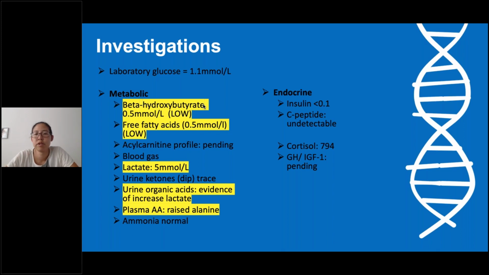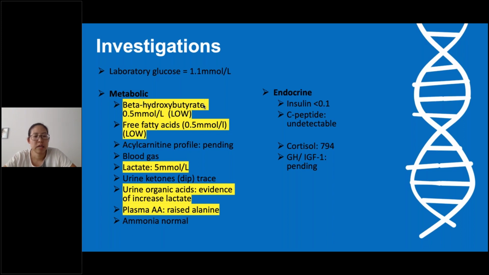So you have a laboratory blood sugar of 1.1, so that is a true hypoglycemic event. As I always start with, because we want to get endocrine investigations out of the way, the insulin is less than 0.1, so that is appropriate. The C-peptide is undetectable, that's appropriate. The cortisol is raised, so that's appropriate as well. So at this point, we're not screaming out hyperinsulinism, we're not screaming out adrenal insufficiency. So now I move on to the metabolic